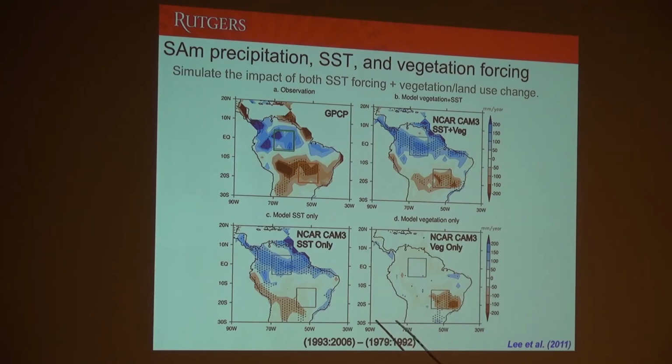And then she did the experiment of isolating each of those factors separately. So if you just put in the sea surface temperature forcing, you get this response. And if you just put in the vegetation forcing, you get this response. So at least at this level, it looks like this dipole in precipitation over this particular period is largely coming from the sea surface temperature trends. We isolated them more specifically to the Pacific Ocean, but at least over this part of the continent, there seems to be a particularly large role for